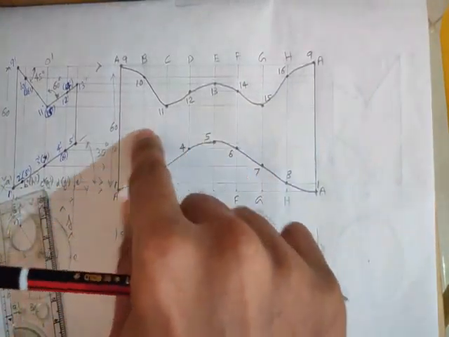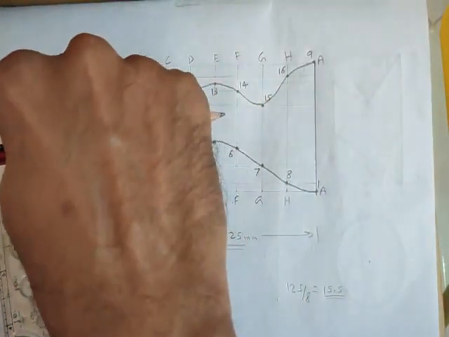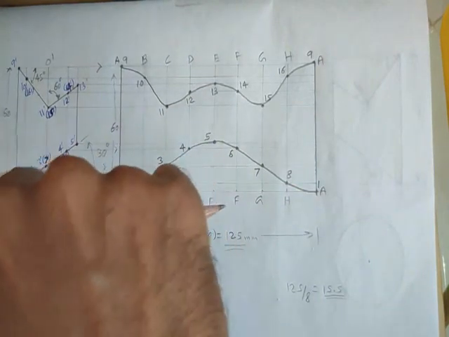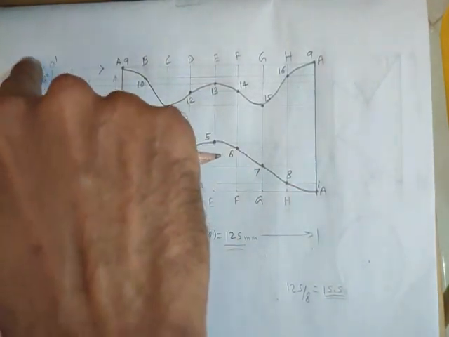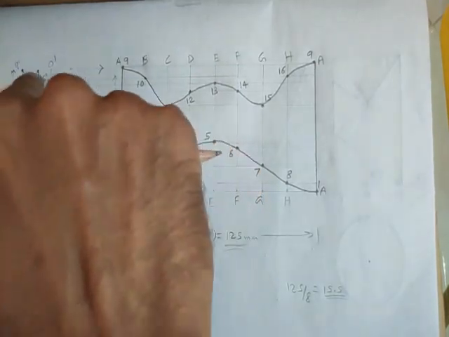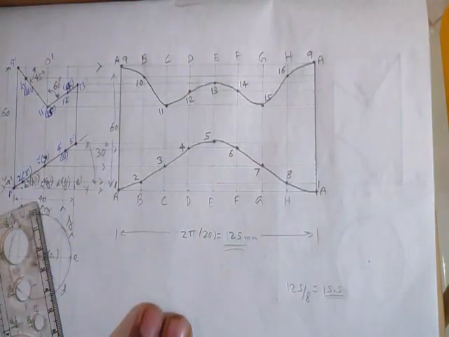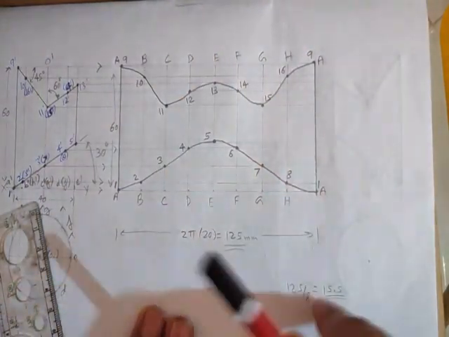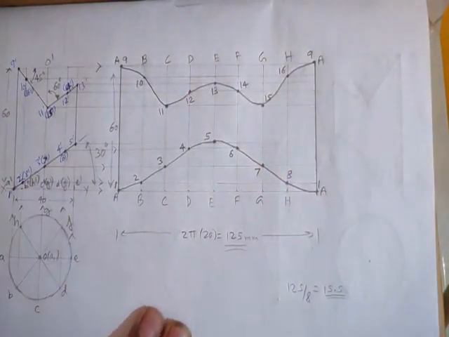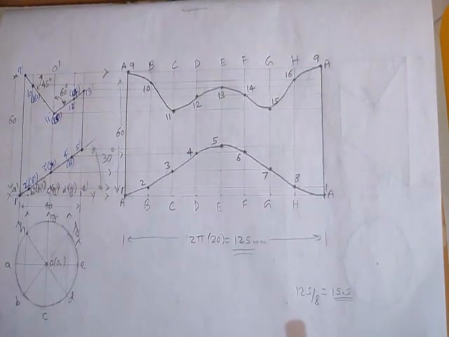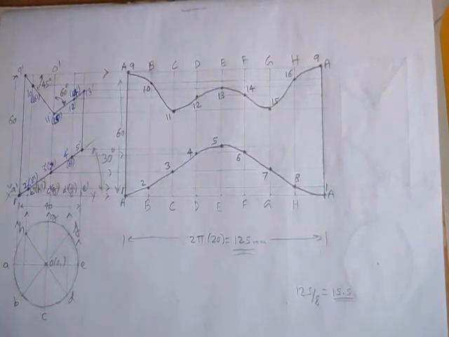So this is the development of the lateral surface of this central portion of the cylinder, which you get when you cut it using these section planes, these 1, 2 and 3 section planes. So this is the parallel method which helps you to make this kind of development. And I hope the problem and the solution was clear. It's a different problem because there are multiple cutting planes.